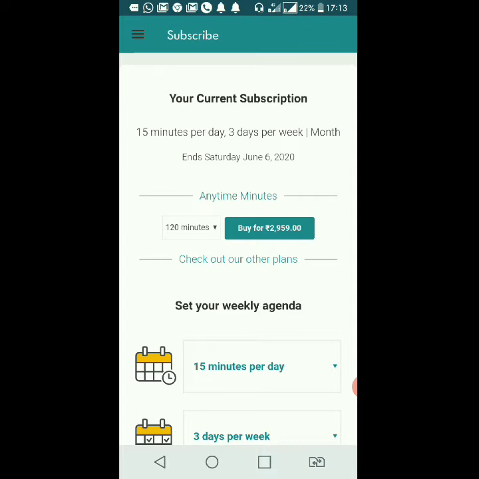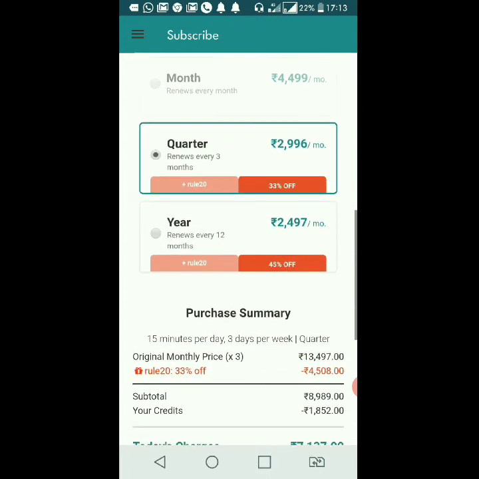They also offer me 120 minutes for 2959 rupees, and here you can see they also gave me an offer for quarterly and yearly also.